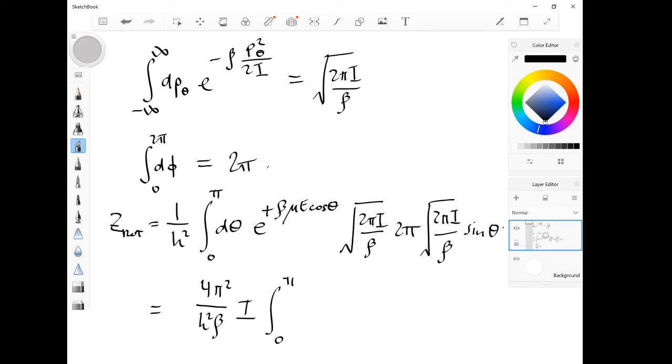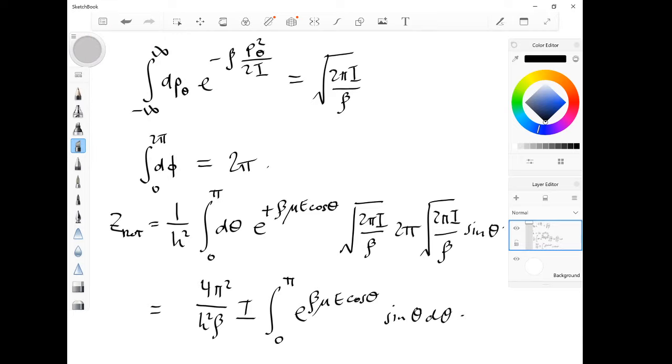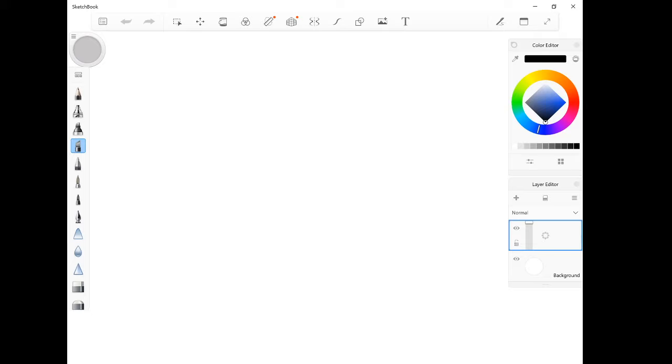Then 0 to pi, e^(beta mu E cos theta) sine theta d theta. And you can then make a change of variables. And let me just get to a new page. So we have